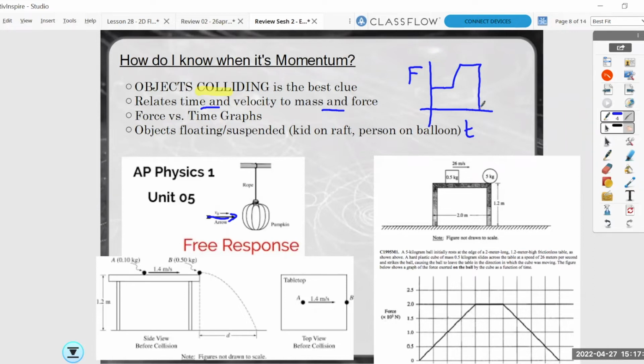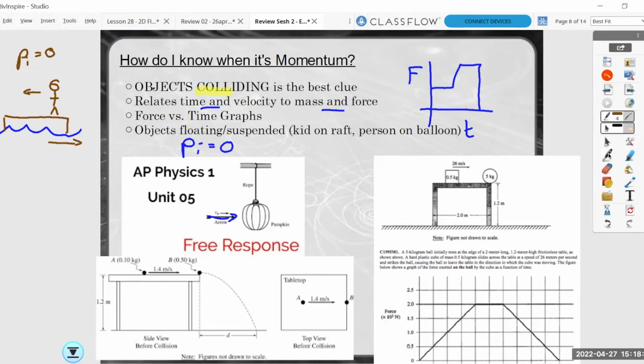So the last case that's a little bit weird is cases where your initial momentum might be 0. So let's say you've got a kid standing on a raft. I'm going to try to draw a kid standing on a raft. Initially, if everybody's at rest, the total momentum of the system is 0. If the kid starts to walk to the left, though, his feet are applying a force to the raft. He's going to walk to the left. The raft is going to slide to the right, and the difference in their speeds is going to depend on